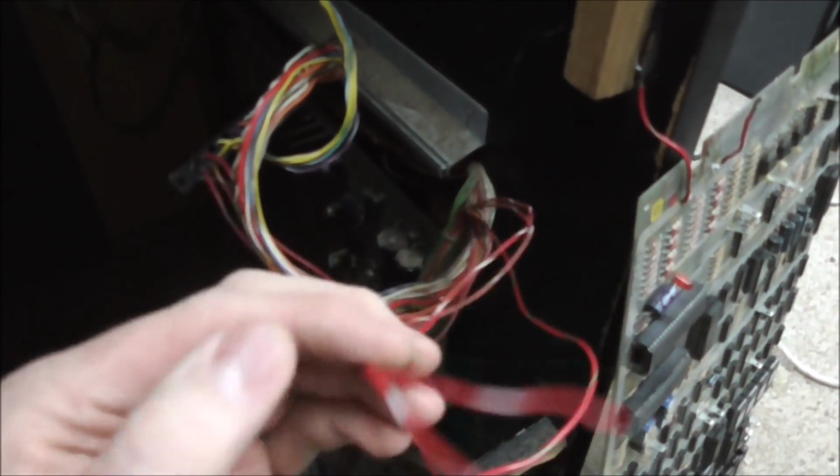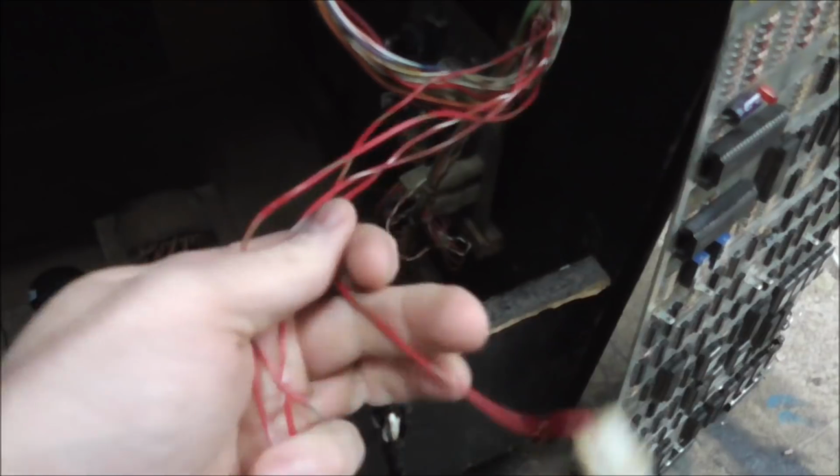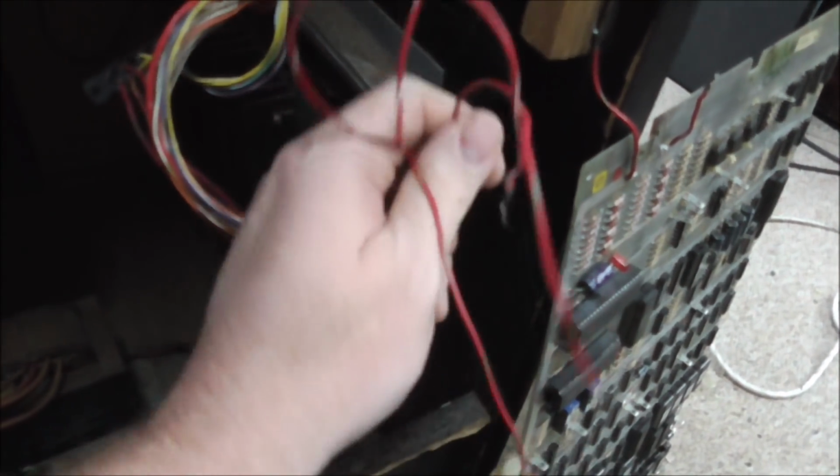Okay, so there were only 4 wires. One they had put a connector on. And they come from here. And luckily the harness had a little bit of extra wire, so I was able to pull them back long enough that they will be able to mount into the harness back where it goes. And the 4 wires are these 4 on the end here. And the reason that they had to do that was because the edge connector,